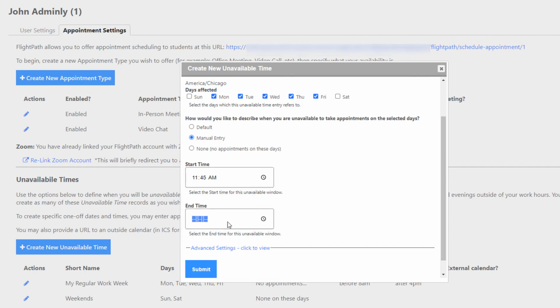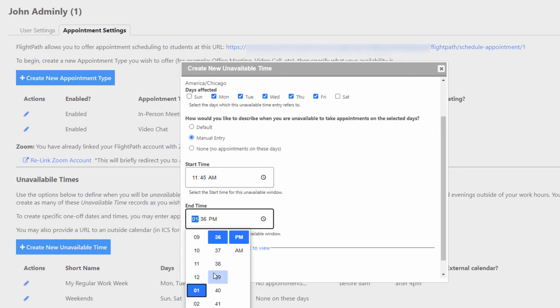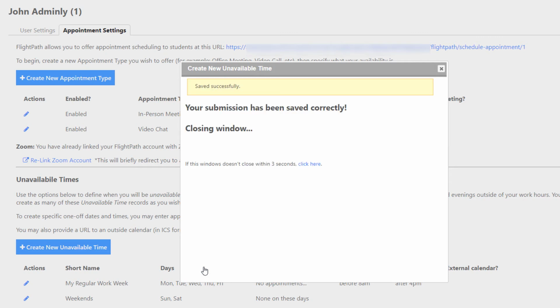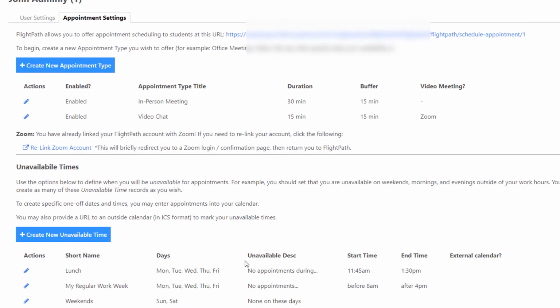11:45 a.m. to, let's say, just to give us a nice wide berth, let's say 1:30 p.m. That's a nice lunch hour. Okay, so I'm going to hit submit. Now, what this means is that the student is not able to schedule any appointments outside the range that we've